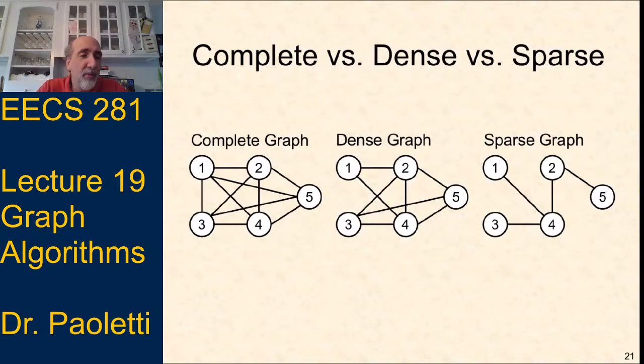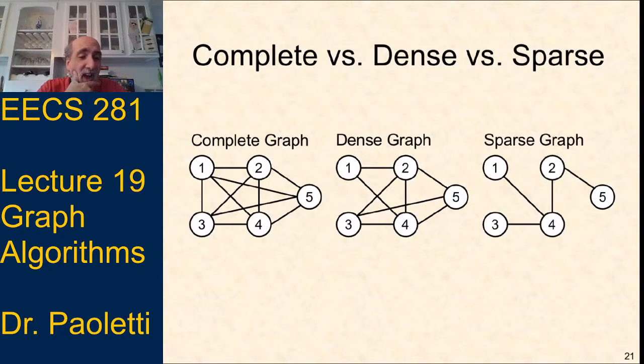So we've got an example here of a graph with 5 vertices. If it's got 5 vertices, then a complete graph would have 10 edges. The dense graph, it looks like we removed 2 edges there. Looks like we removed the edge from 1 to 3 and the edge from 1 to 5. So still pretty dense. And then the sparse graph